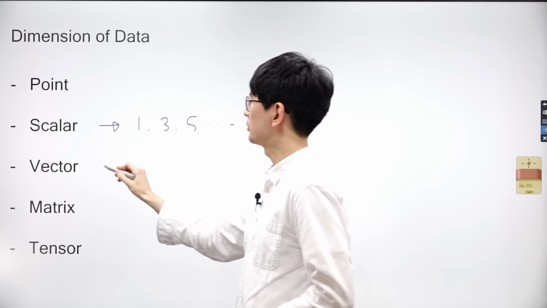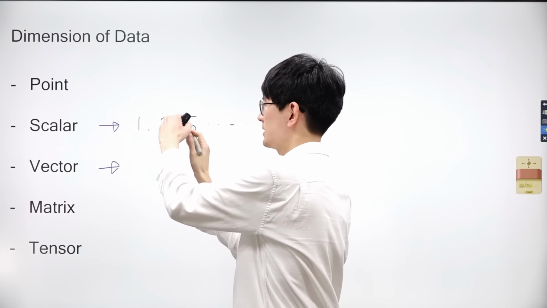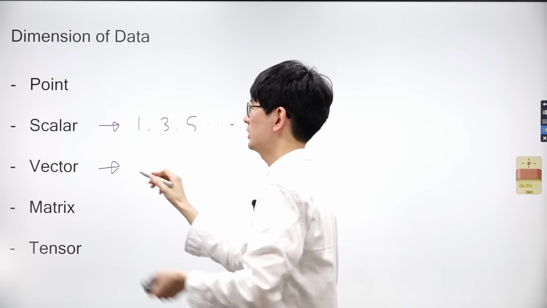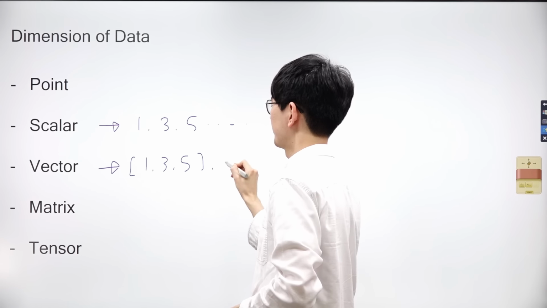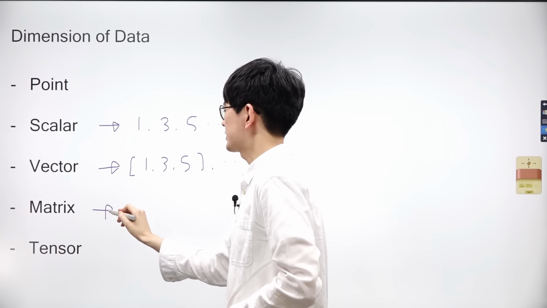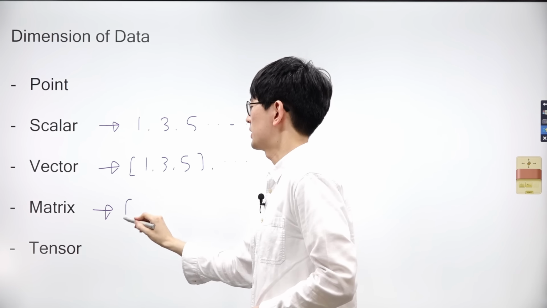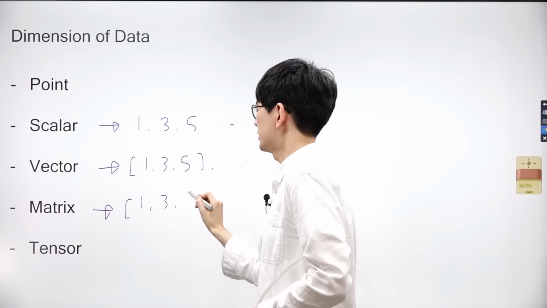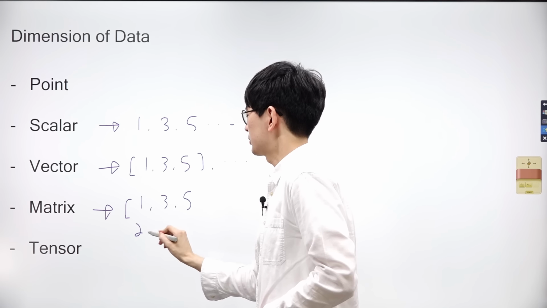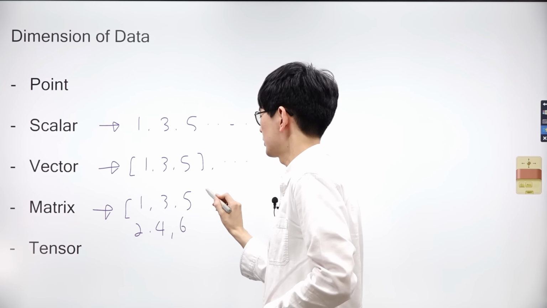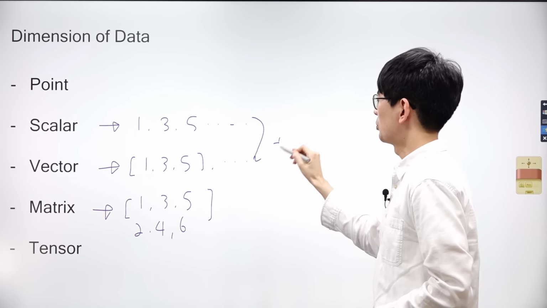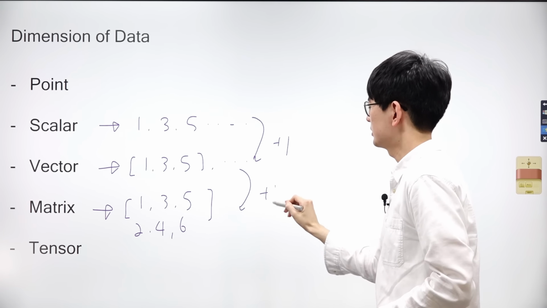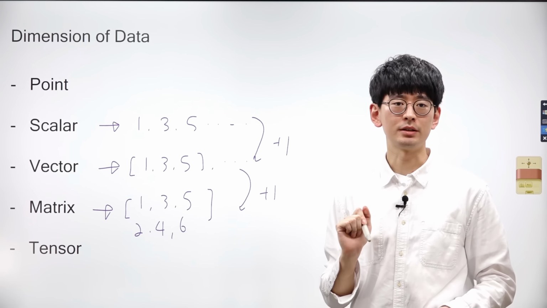But, to summarize, a scalar represents numbers like 1, 3, or 5, and they're the numbers themselves. A vector has one more dimension, so it's a collection of scalars. When these vectors go up one more dimension, vectors stack up and stack up and stack up, eventually showing this form. And we call it a matrix. So you can think of dimensions of data as going up one at a time.